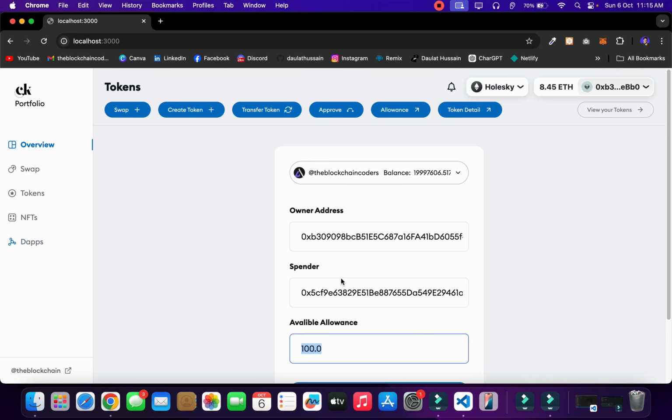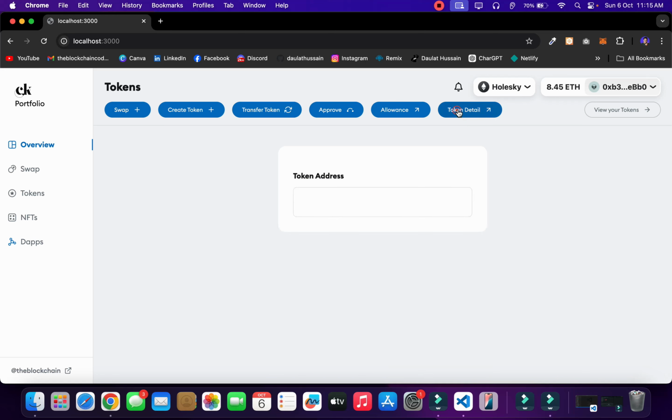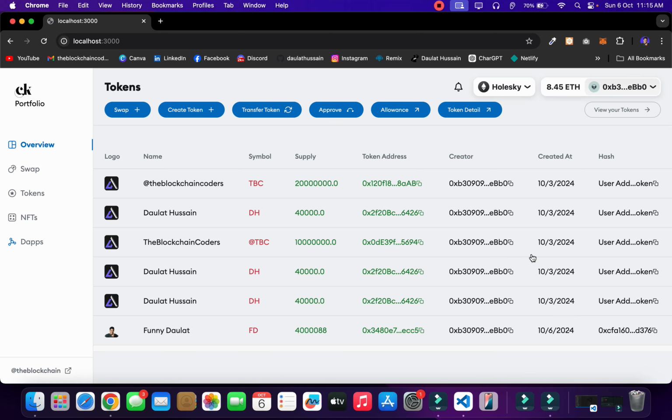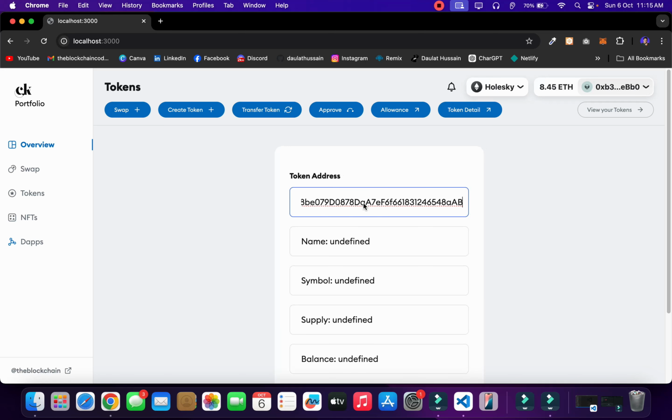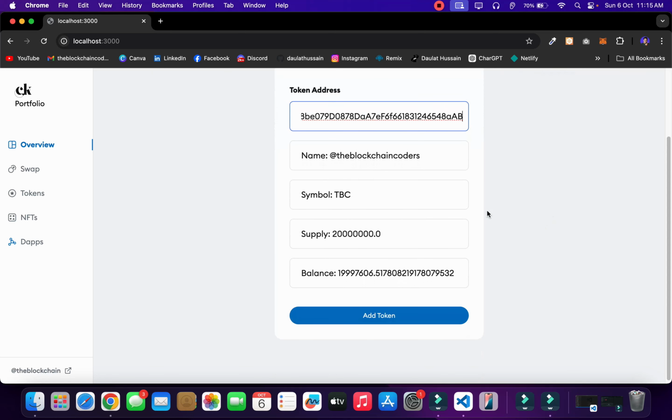So looks good. Now if you come back to the token details, you can literally add the token right up here. So if I go right up here and copy the address of the token, this one, and click here in the token details, all I have to do is simply paste the token address, and it's going to pull out all the details about the token. You can see name, symbol, supply, and balance. I can simply click on add token, and it's going to be added in our